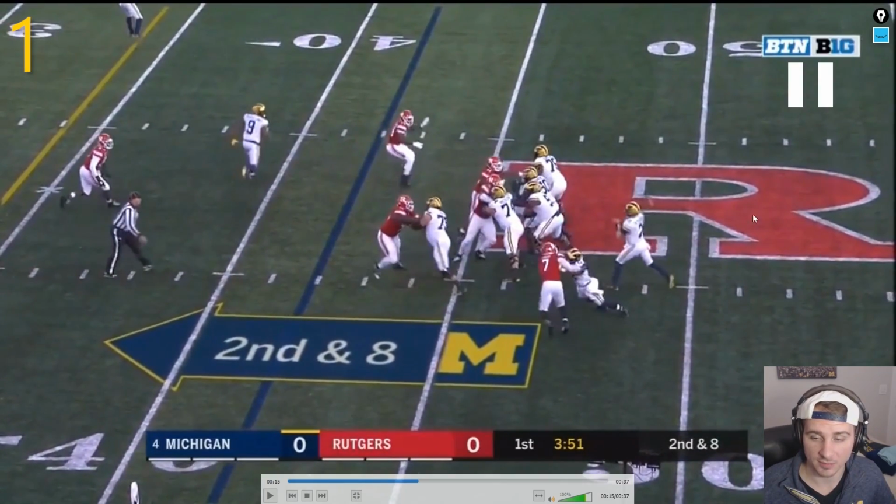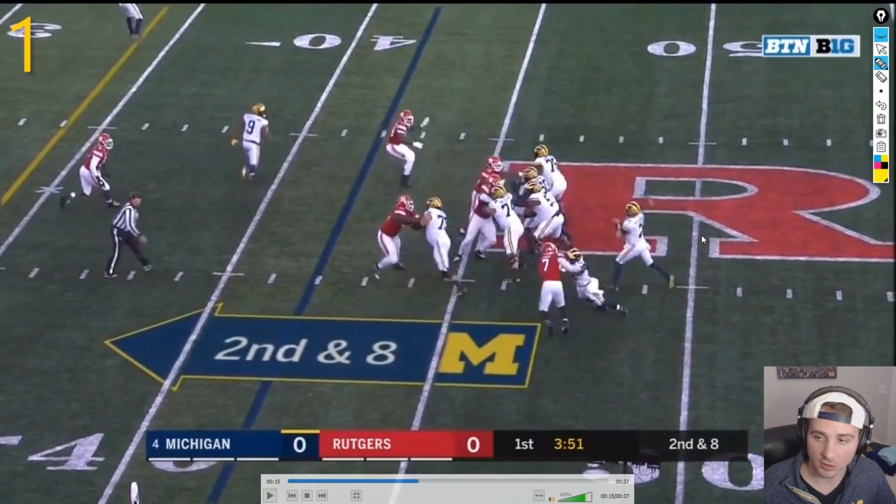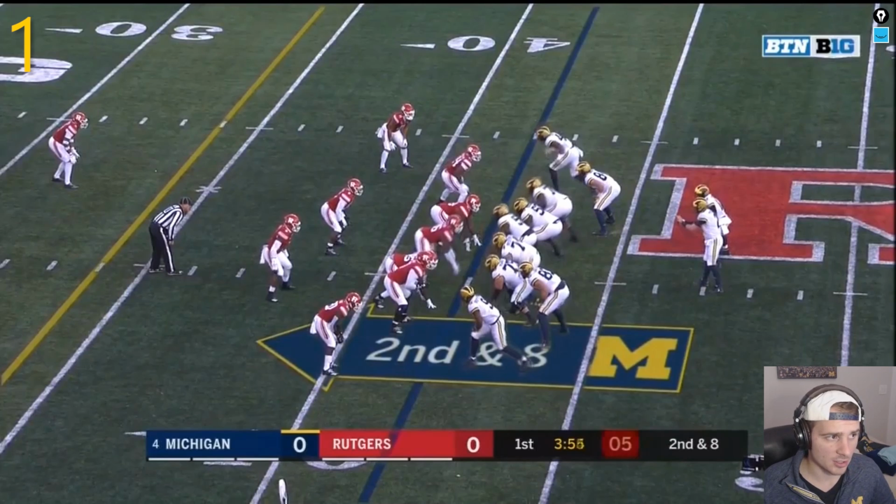They do a good job. They give Patterson plenty of time, as you see. Rutgers only sends 4, but it's a really clean pocket, and Evans especially does a good job on the left edge here. As far as routes go, you're going to need to have DPJ on sort of a delayed crossing